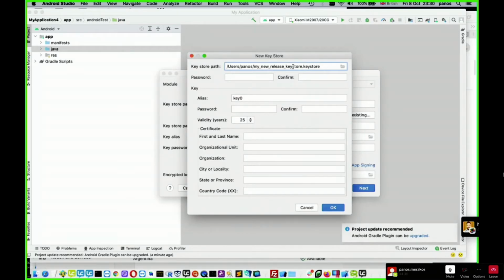This is the certificate that you're going to use, the .keystore file. So you can give it a name and also provide a password, an alias, a password for the key, for the private key itself, provide a name for the certificate.